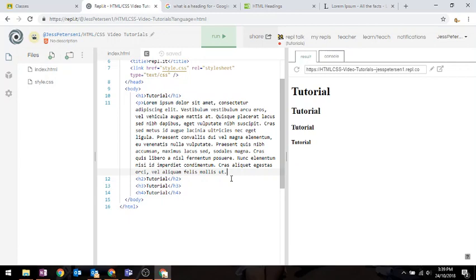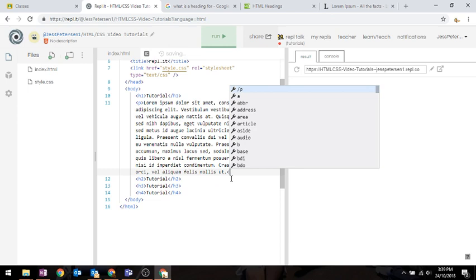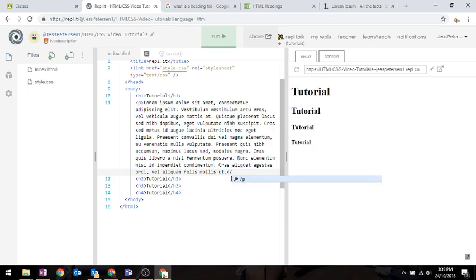So we're going to do that by opening a triangle tag, using a slash to tell the computer that this is going to be a closing tag, a P because this is the element that we are going to close, and finally another triangle bracket to make it a little box so that the computer knows that this is the full instruction. When we click run,